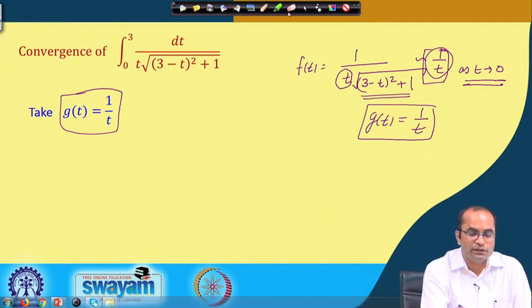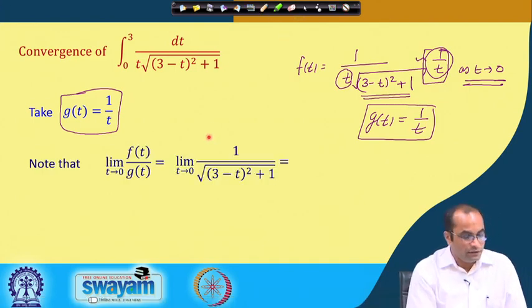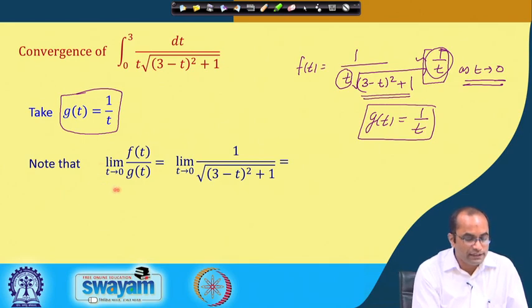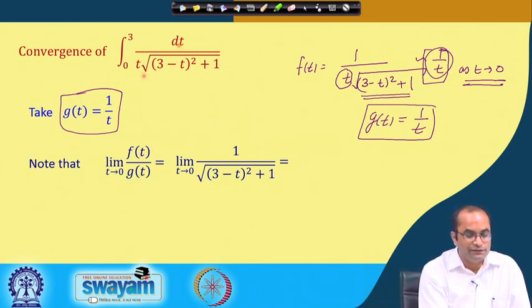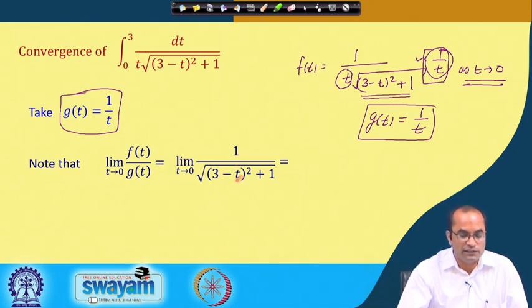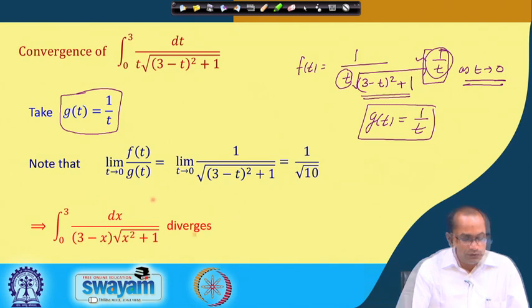By taking this, we can now compute the limit as t approaches 0 of f(t) over g(t). So f(t) is 1 over t times the square root of (3 minus t) square plus 1, and g(t) is again 1 over t. This t will get cancelled, and when t approaches 0, we will get 1 over square root of 10. So in that case, this integral from 0 to 3 of dx over (3 minus x) square root of x square plus 1 diverges